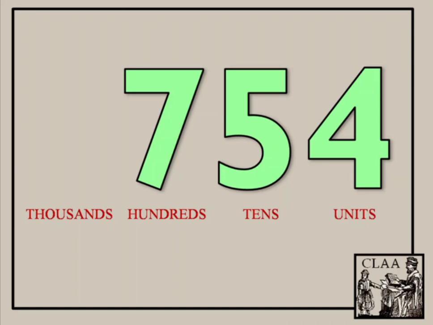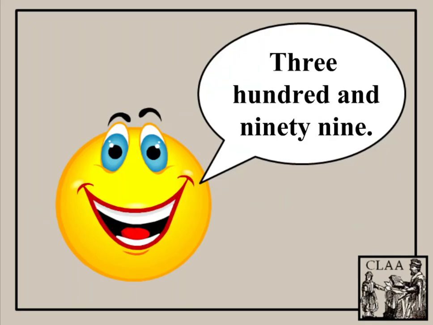To write the number 754, we write a 7 in the hundreds place for 700. We write a 5 in the tens place for 50, and we write a 4 in the units place for 4. 754 is written with a 7 in the hundreds place, a 5 in the tens place, and a 4 in the units place. How would you write the number